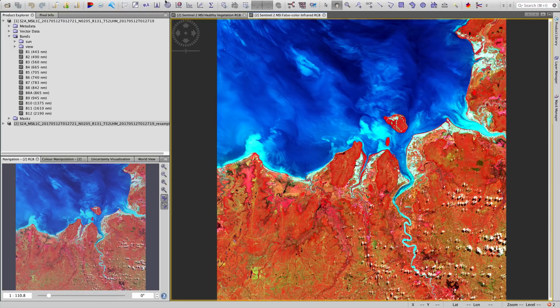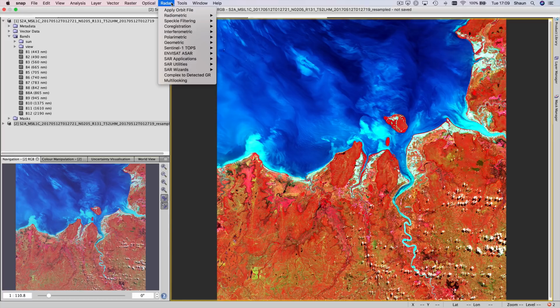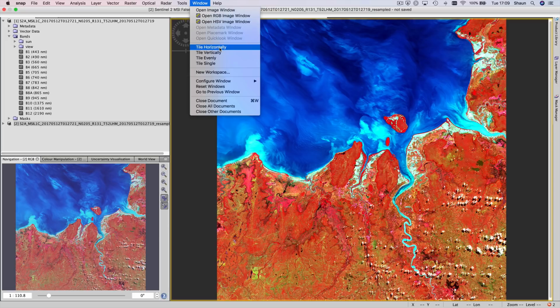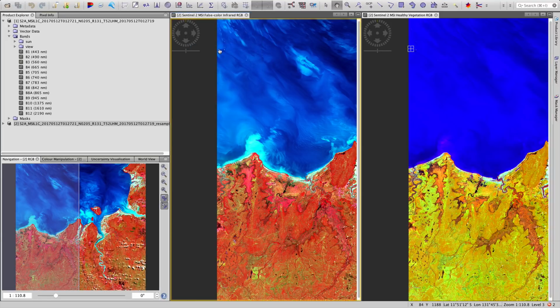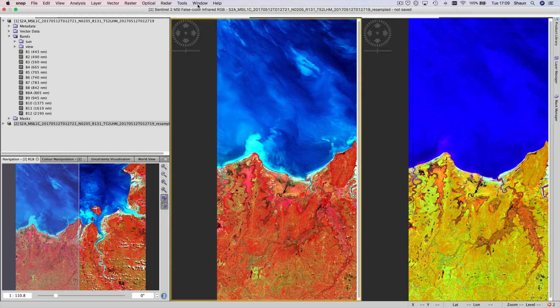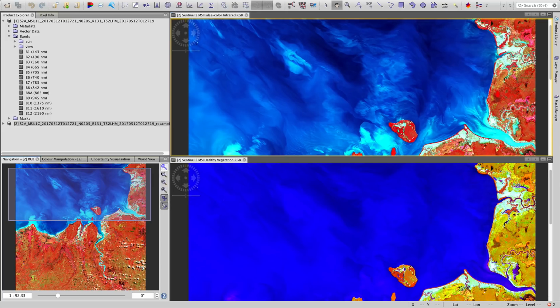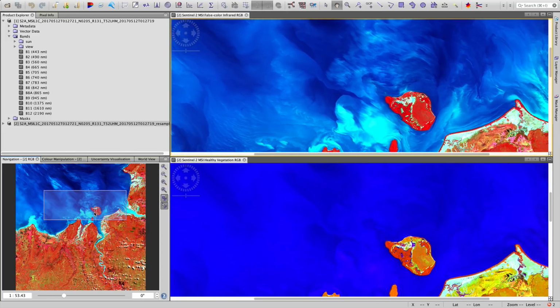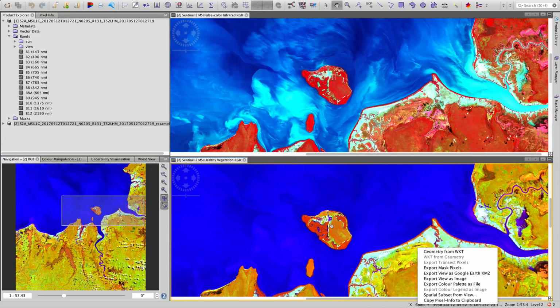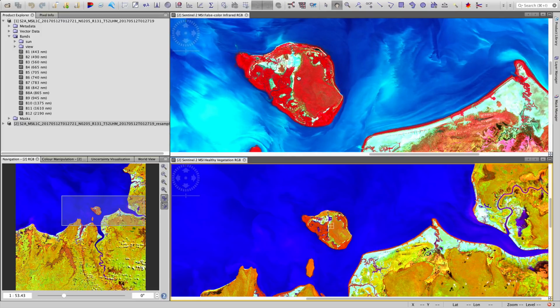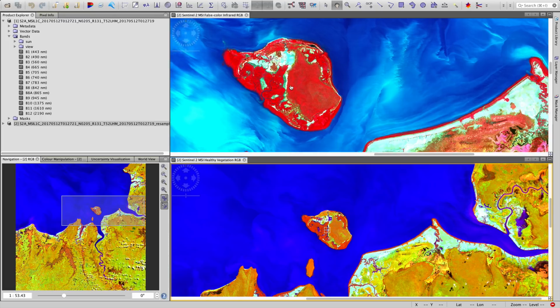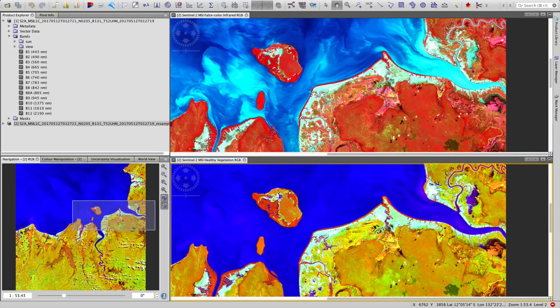So that's the more quick way of looking at photosynthetically active vegetation. If we tile this horizontally, let's rather go for a vertical tile and zoom in to that little island again. And what I want to just show you here is that if we're only using the near infrared, so this false color infrared is using the near infrared and the red, and it shows us photosynthetically active vegetation. But having a look at this lower image,